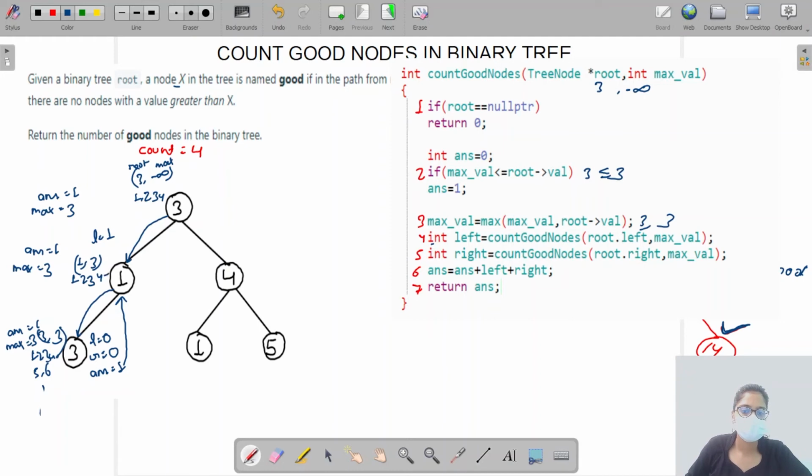Now fifth statement, call to right. Right will encounter a null pointer. It will return 0. 0 will get attached to right. So now sixth statement, answer will get updated to previous answer plus left plus right. So this will be, previous answer was 0. This one is left and this is,